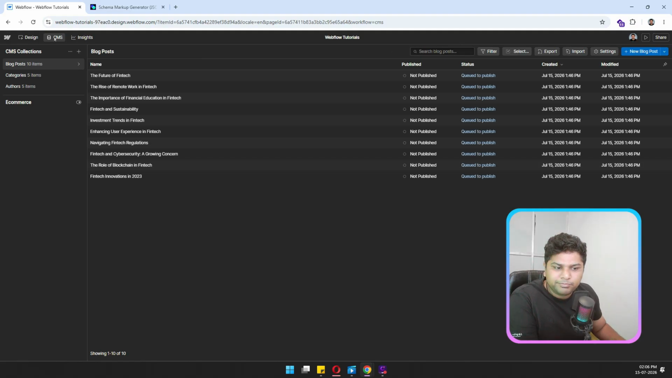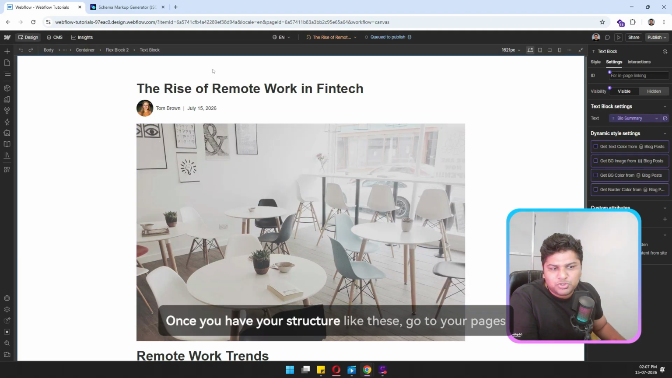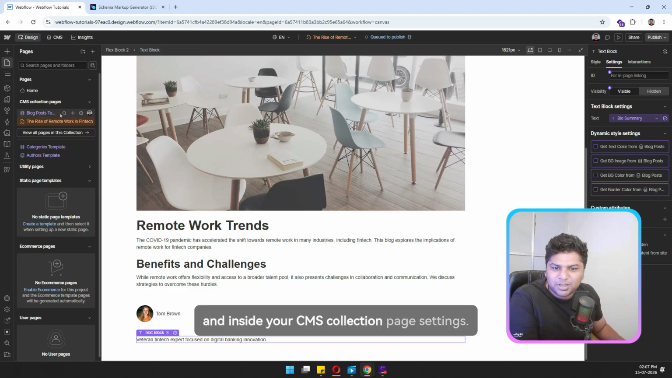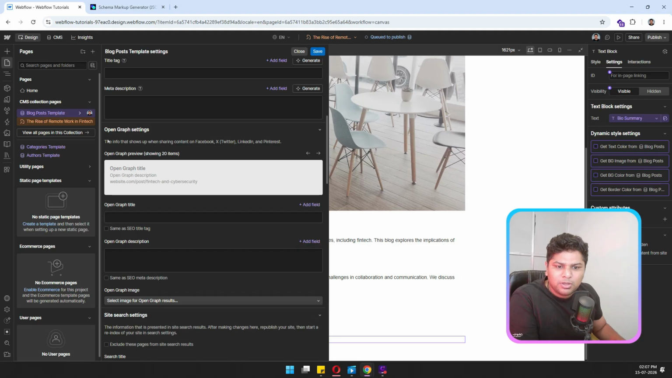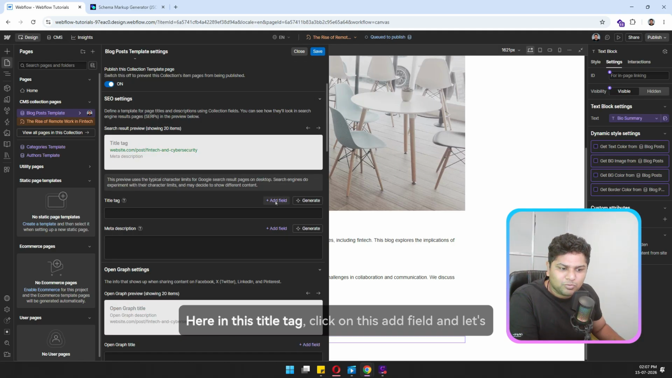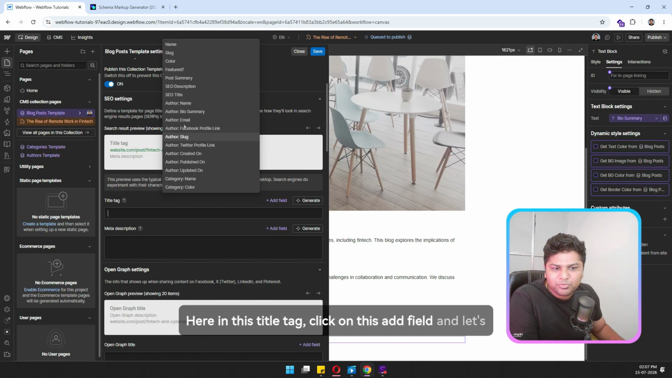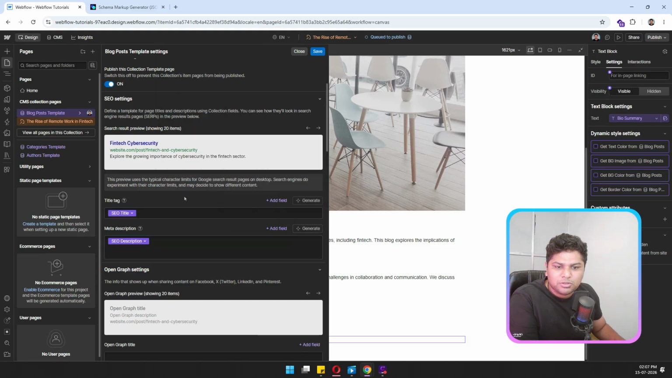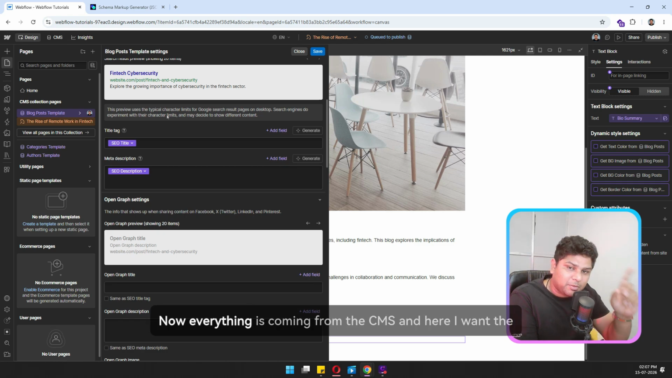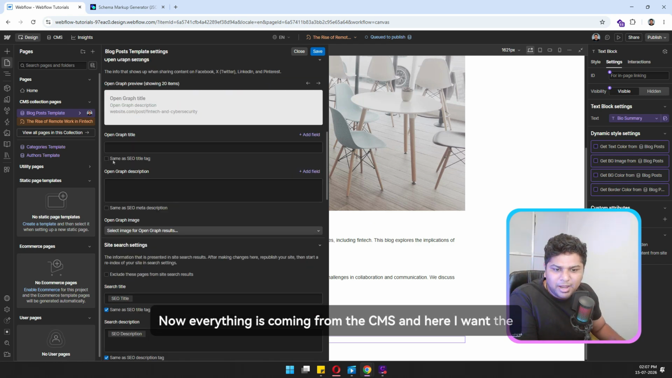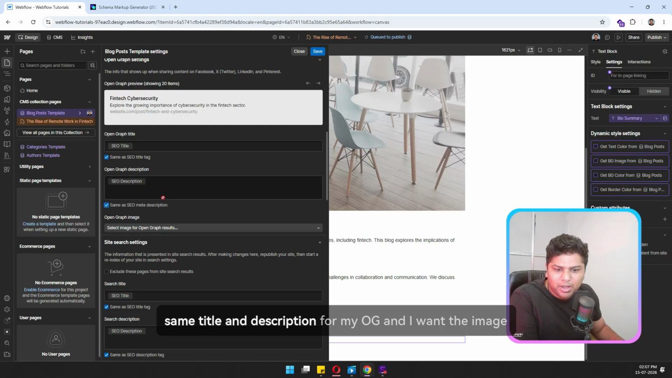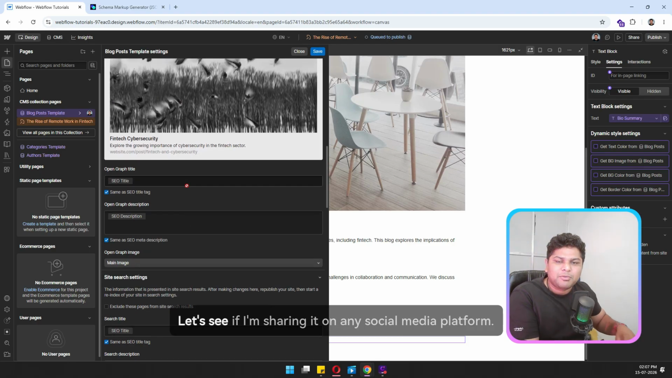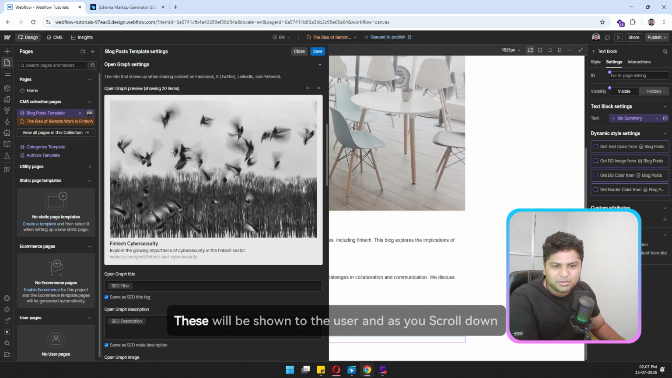Once you have your structure like this, go to your pages and inside your CMS collection page settings. Here in this title tag, click on this add field and let's look for SEO title and SEO description. As you can see, it's dynamic now. Everything is coming from the CMS. And here I want the same title and description for my OG, and I want the image as my main image for OG. Let's say if I'm sharing it on any social media platform, this will be shown to the